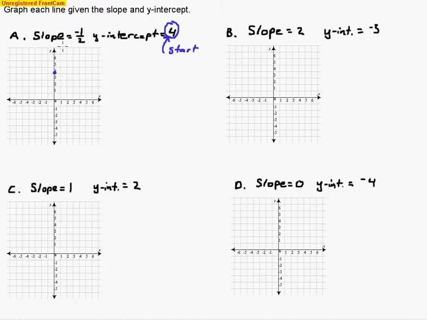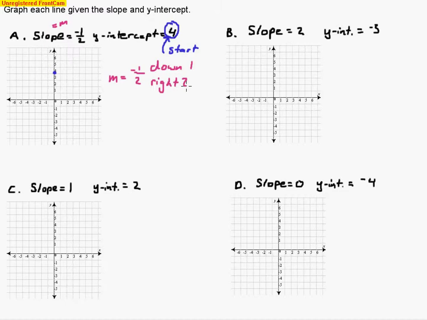And now we're going to use this slope. The slope is what changes the line every time. If we take a look at this number here, I'll rewrite it. Remember, slope, we can use the variable m. So m, which stands for mountain, this mountain has a slope of negative 1 over 2. So the negative 1 tells me to go down. So I'm going to go down 1. The positive 2 tells me to go right